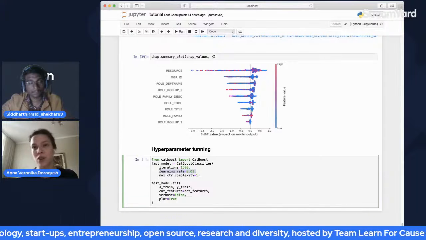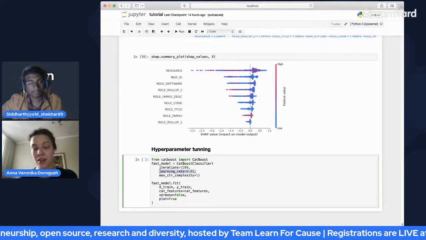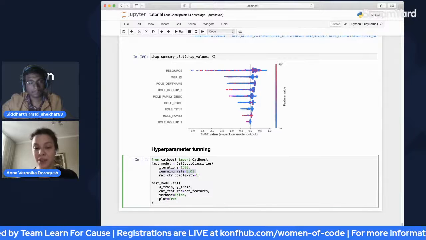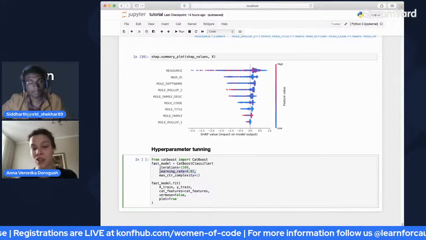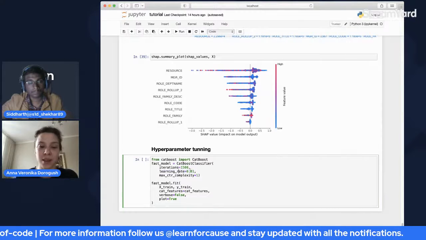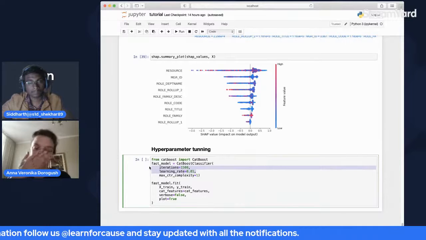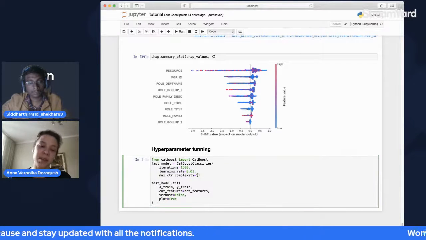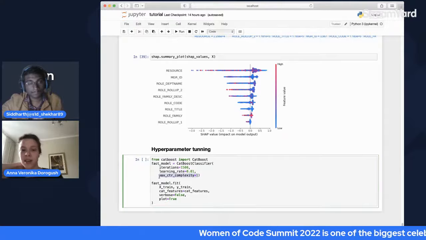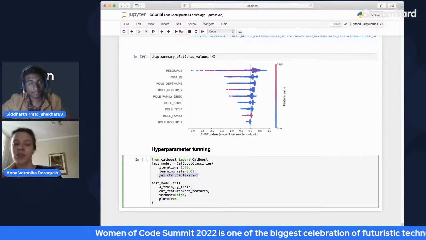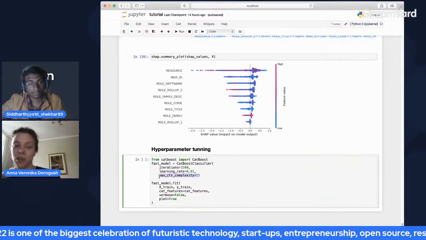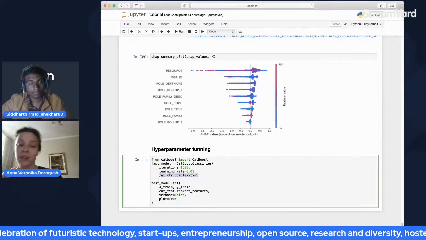So if you see that your model with the default learning rate overfits fast, then you should decrease the learning rate. If you see that your best validation iteration is the last one, then you should increase the learning rate. And that's the rule of thumb. With those two things, you always have to play. But there are some other things that you should consider. For example, there is a parameter max CTR complexity, and that's just a parameter for categorical features. You set it to a bigger value, like 3 or 4, you get good quality but slow training. You set it to 1, you have not so good quality, but very fast training.